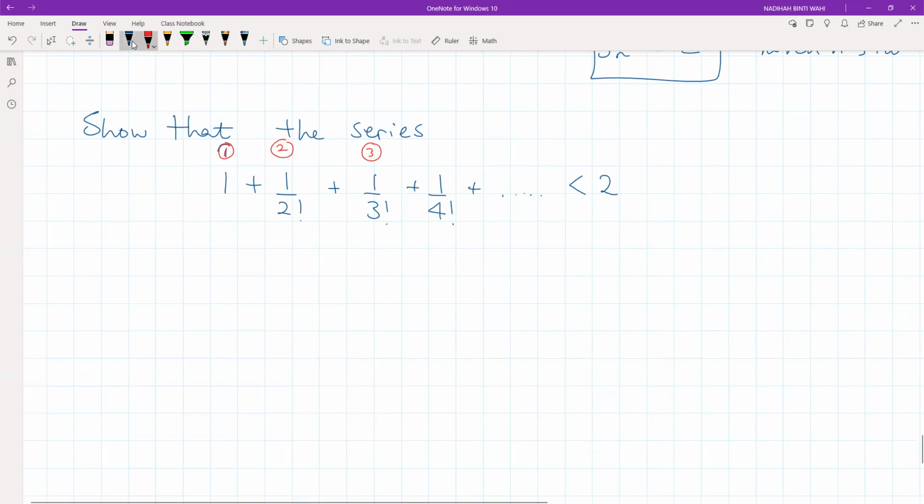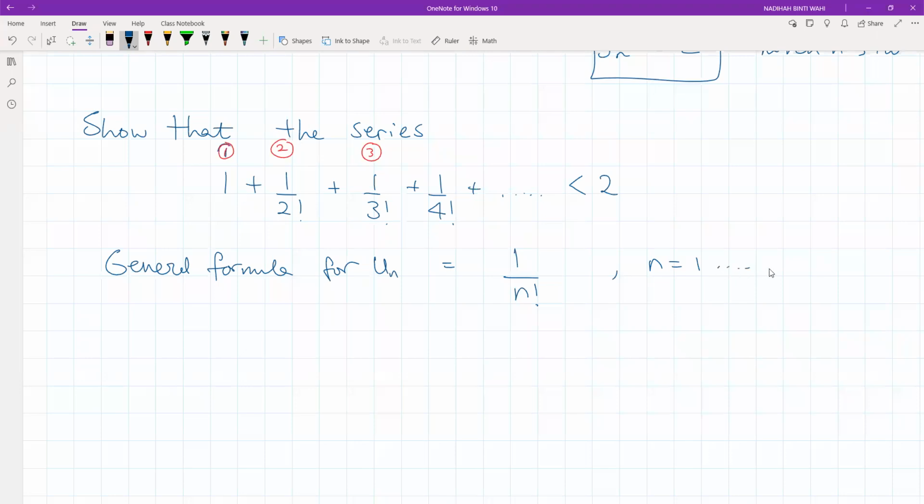So it means that my general formula for this series for un is just 1 over n factorial. And n goes from 1 until positive infinity. Okay,